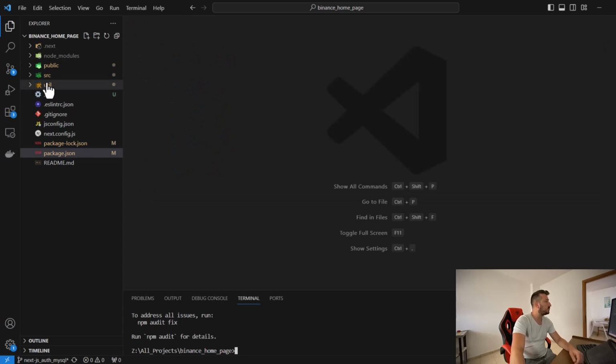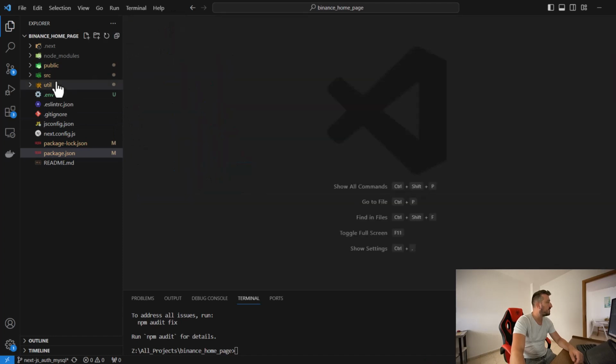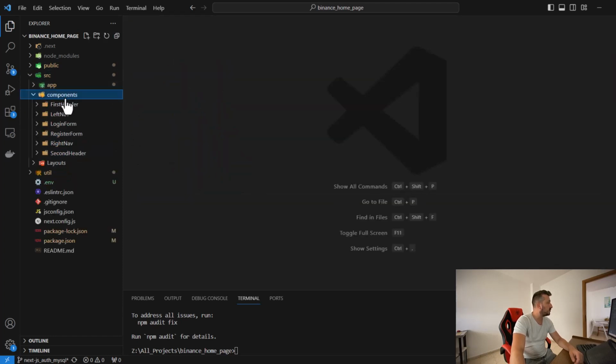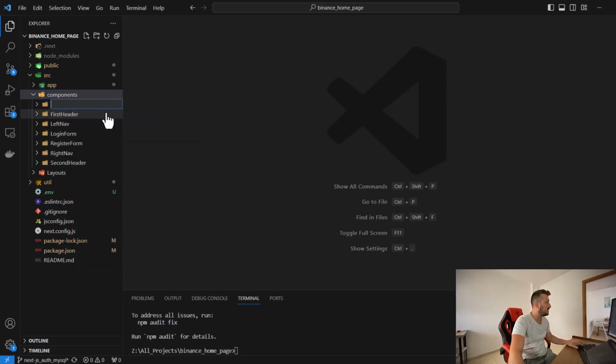After we finish installing it and check React Spinners in our package.json file, we can go to the source and to components, and then we will create a new component,